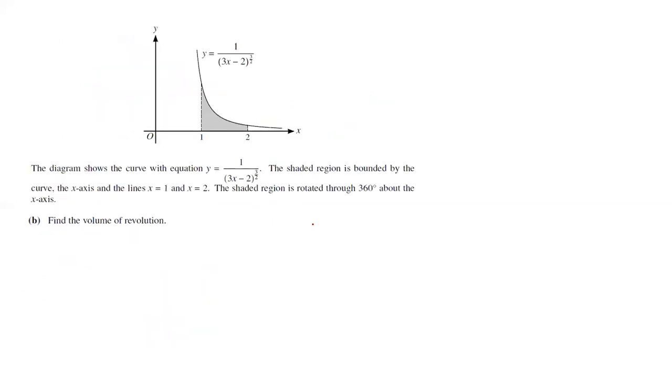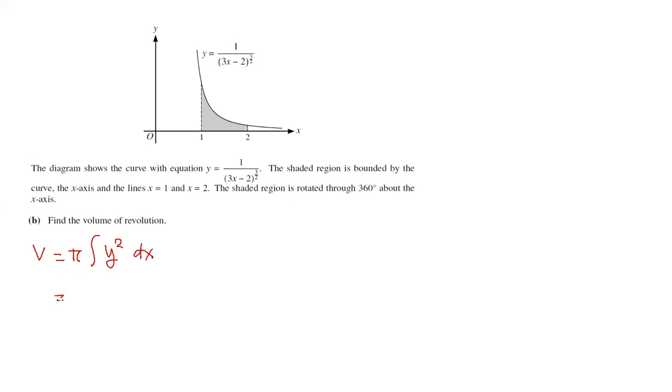That one. Next, the diagram shows the curve with equation y equal 1 over (3x minus 2) to the power 3/2. The shaded region is bounded by the curve, the x-axis, and the lines x equal 1 and x equal 2. The shaded region is rotated through 360 degrees about the x-axis. Find the volume of revolution. Okay, the volume of revolution will be pi times the integration of y squared dx,